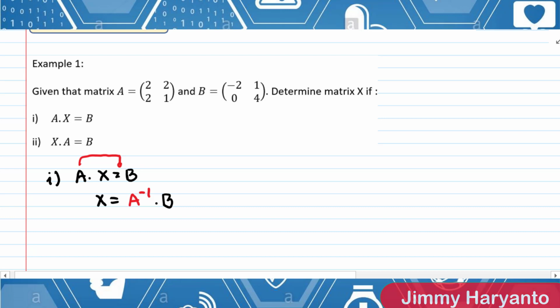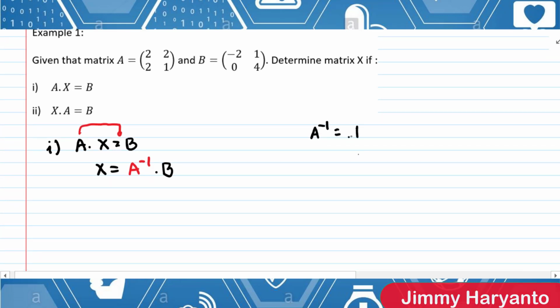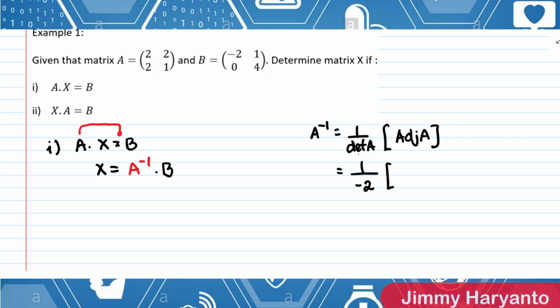Okay, that means we have to prepare the A inverse. Let's calculate for the A inverse. A inverse equals to 1 over determinant A. I will rewrite the formula first, times the adjoint of A. So equals to 1 over determinant A. Let's calculate determinant of A. 2 minus 4. 2 minus 4 equals to negative 2. And then the adjoint is, you have to switch the A and the D. 1 and 2, switch. And then give the negative sign to the second and third element. Negative 2 and negative 2. There you go. This is the adjoint of A.